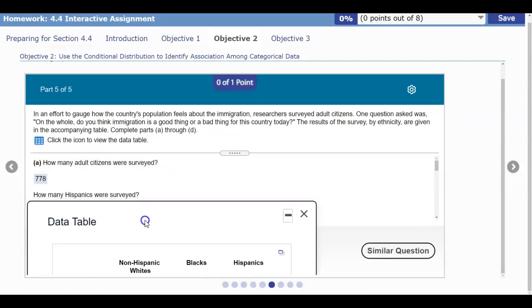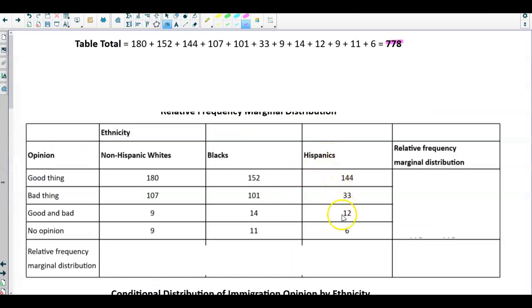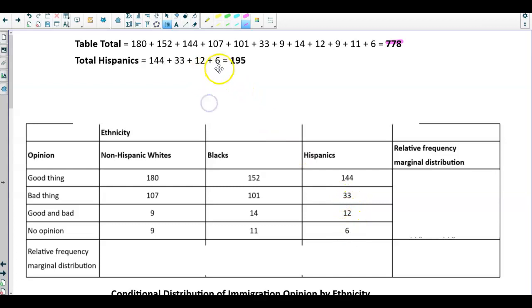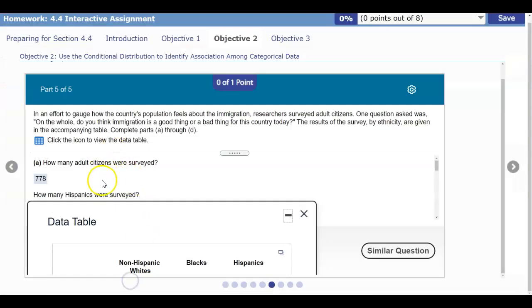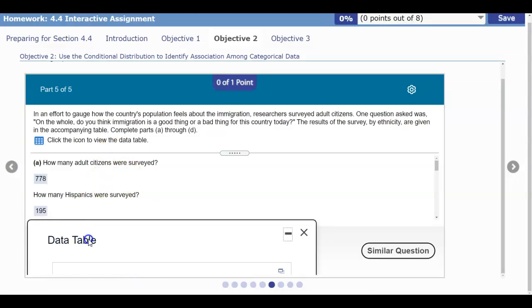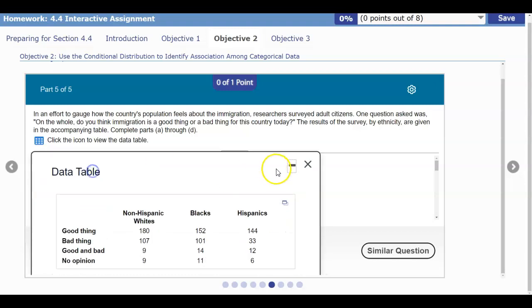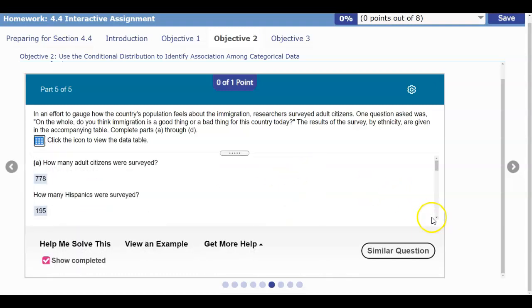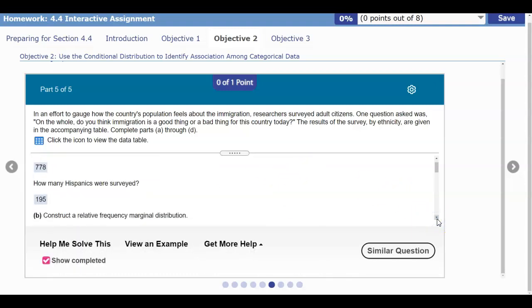Now the next question is, how many Hispanics were surveyed? That means we want to find the total in this column. If we add 144, 33, 12, and then 6, we get 195. So the answer is 195. That answers part A. Now part B wants us to construct a relative frequency marginal distribution, but before we do that, let's